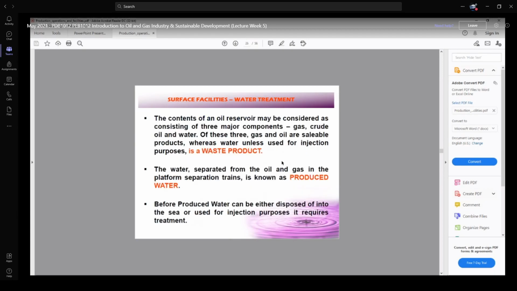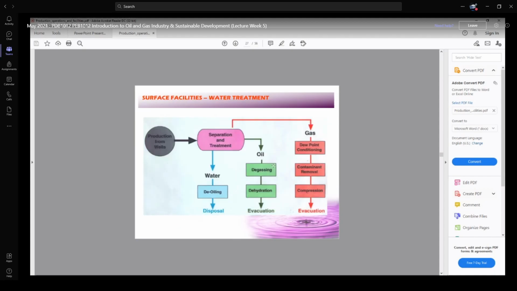Okay, so here I want to skip just this, you can read it. From this diagram you can clearly see that we have the production stream coming from here. Here we are going to separate the water, the oil, and the gas for the evacuation stage. This must continue until a certain condition is reached. If we are taking the water out of this separation, the water must be oil free.